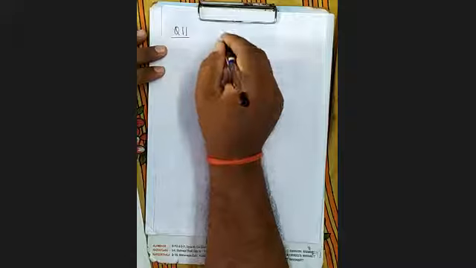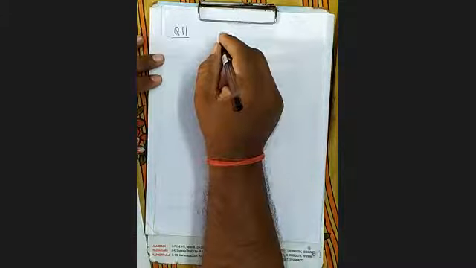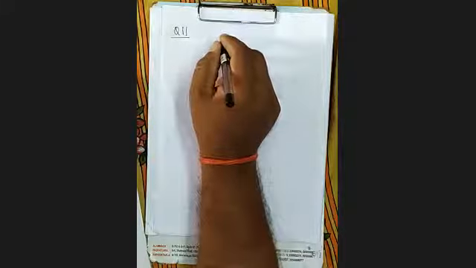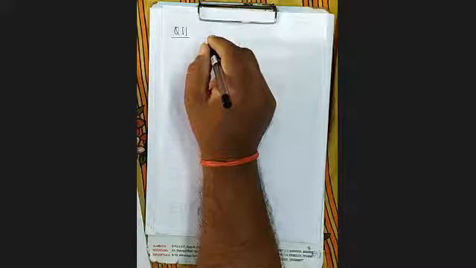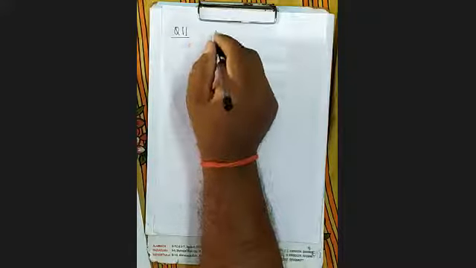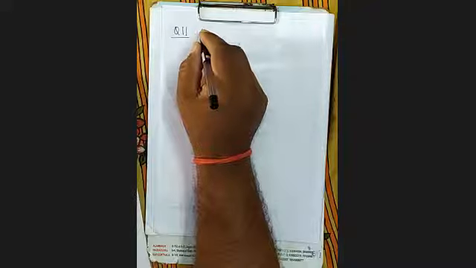Question number 11. Determine the AP whose fifth term is 19. How will you represent this thing symbolically? Fifth term is 19. What will you write in terms of symbols? Will someone tell me? How will you write that the fifth term is 19? What will you write in symbol form? Who will tell?